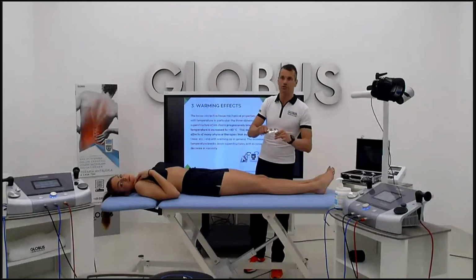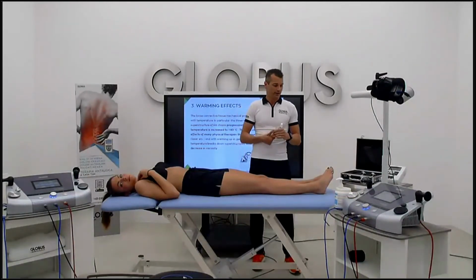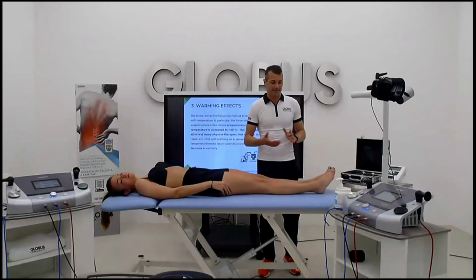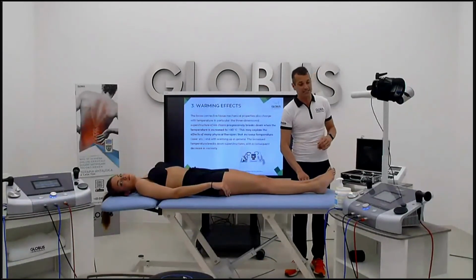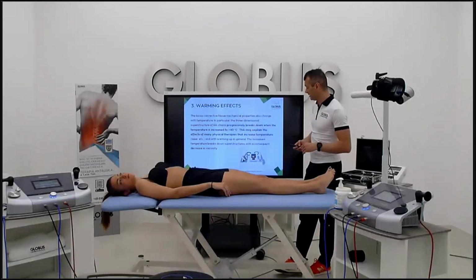We don't need to push a strong energy, we just need gentle manipulation of the densification area, and so they will accept it in a very good way. So they like it sometimes, and also they have results since the first session. So they really understand the benefits.